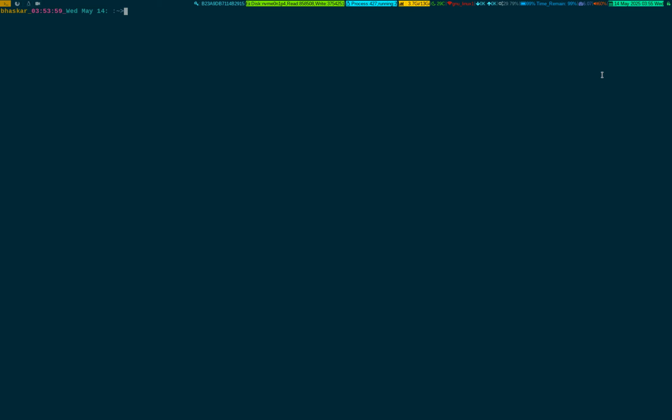Okay, so let me try again the unmounting section. Mod F5 is the command, and you see we have mounted on MNT. Now if I press escape, it is asking me which one I want to unmount. If I press enter on it, now if I say